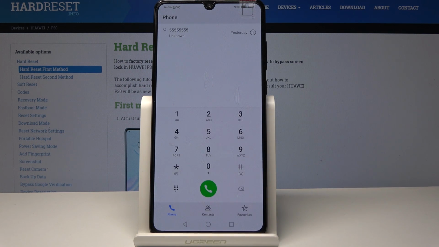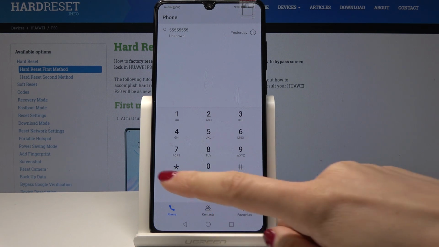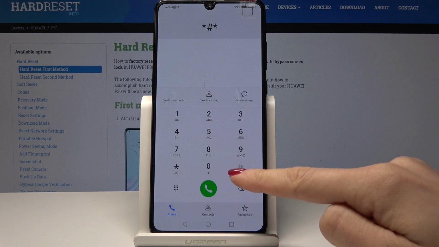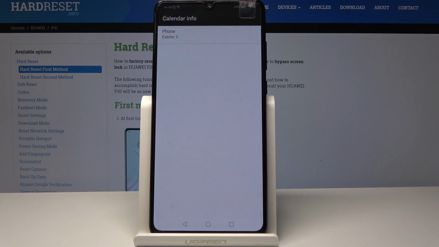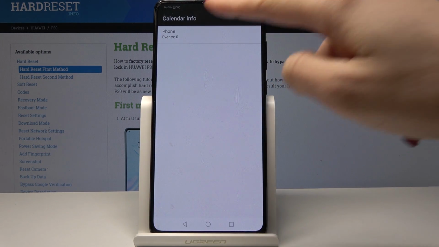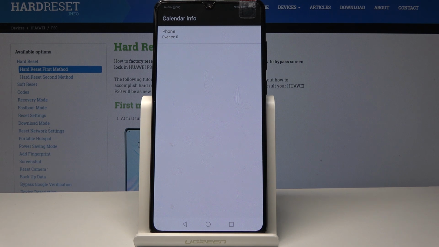So let's go back, and then we've got the third code, which will show us all the calendars info, and the code is *##225*##. And as you can see, this is the calendar info, and here, if you will have Google account, you